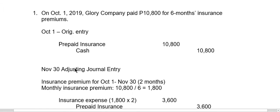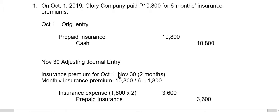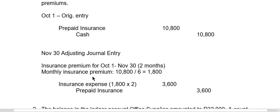The adjusting journal entry on November 30 would be as follows. Remember that the insurance premium from October 1 to November 30 covers 2 months. First, you have to compute the monthly insurance premium. Since the 10,800 pesos cover 6 months, you divide 10,800 by 6 months. Therefore, the monthly insurance premium is 1,800. So the insurance expense for the 2 months, October 1 to November 30, would be 1,800 monthly premium times 2 months. Therefore, your insurance expense should be